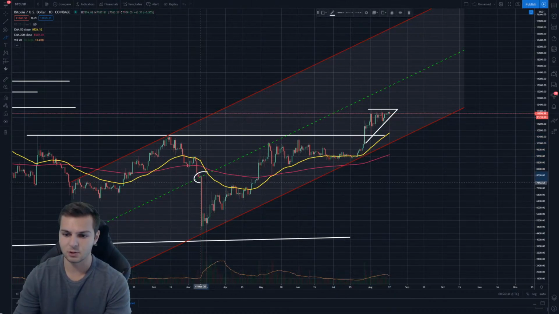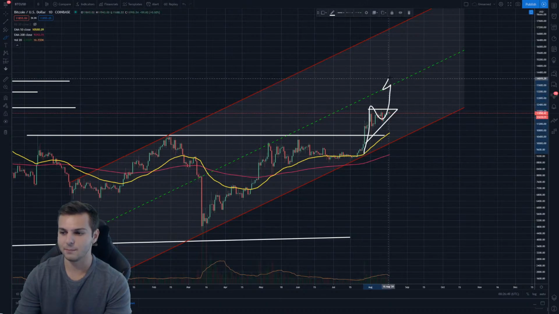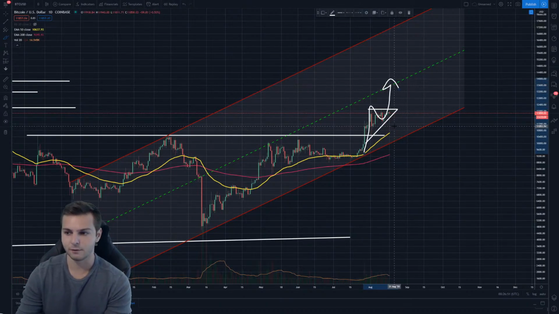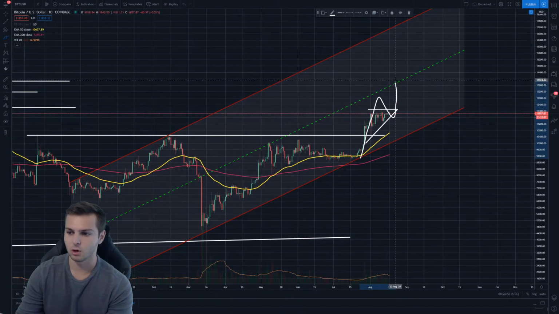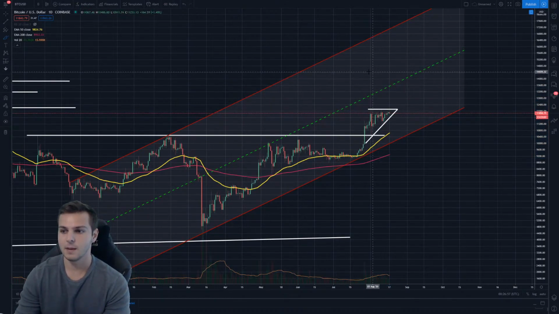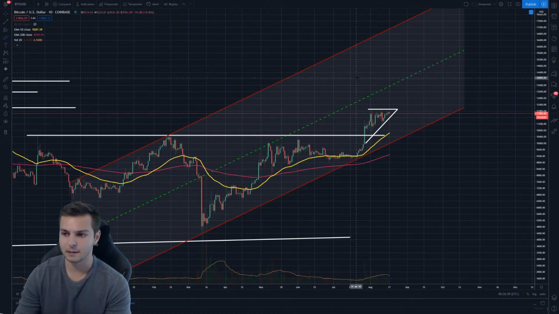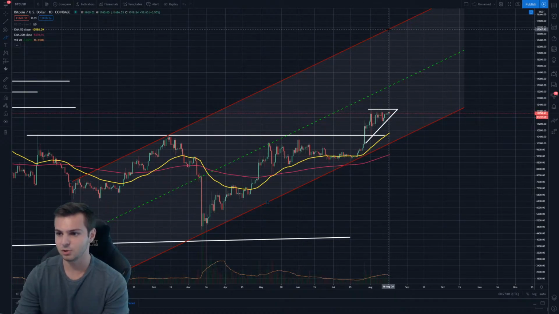Along this, we can see that the heart line was initially tested right here, and we can see that the heart line was tested again, and then again, and then again, and now we are working our way back up to this heart line because we're bouncing off of support, or we're going from support to the heart line. And in fact, if we want to break past the heart line and go back to the top of this parallel channel, the top of this, straight from where we're at right now, is just over $17,000,